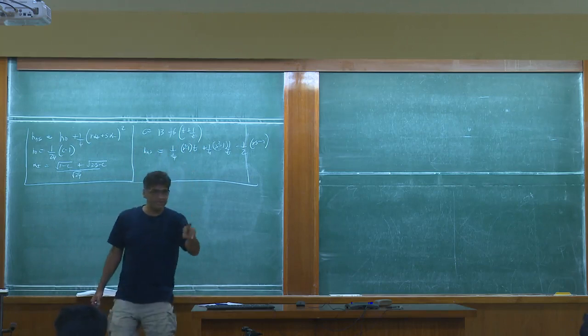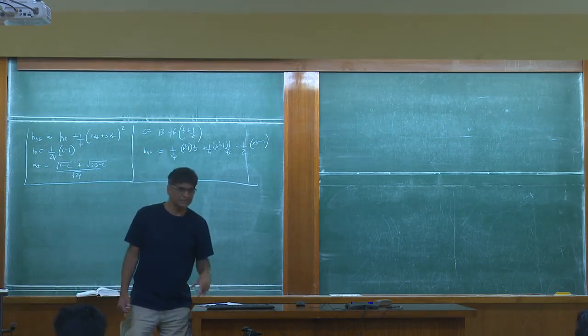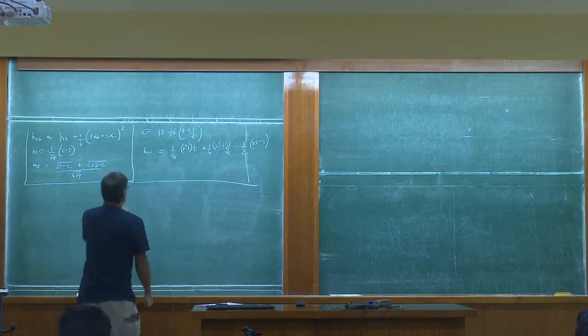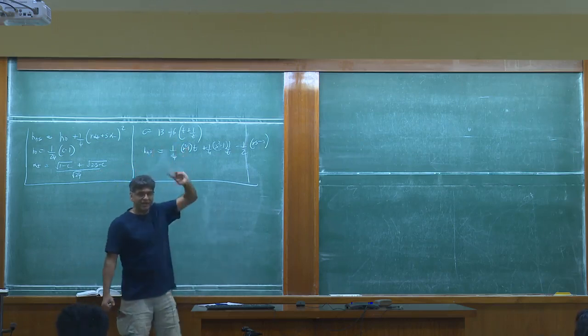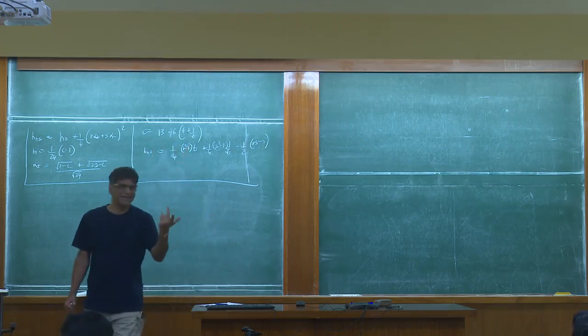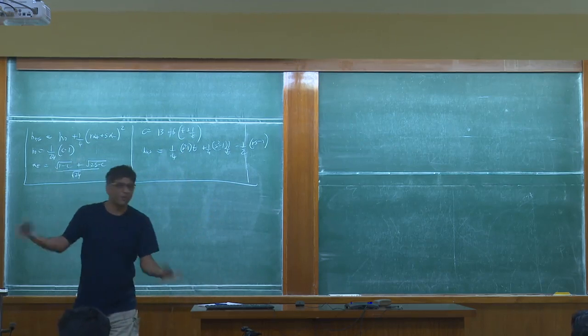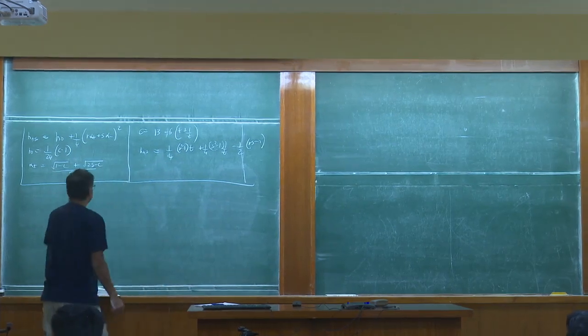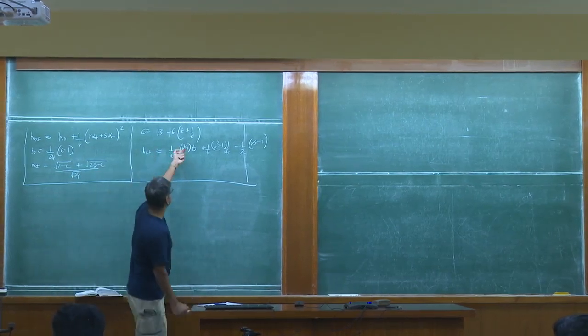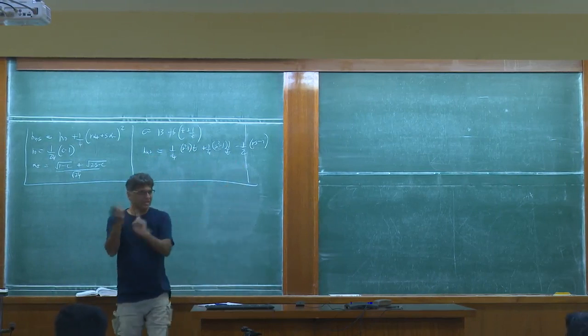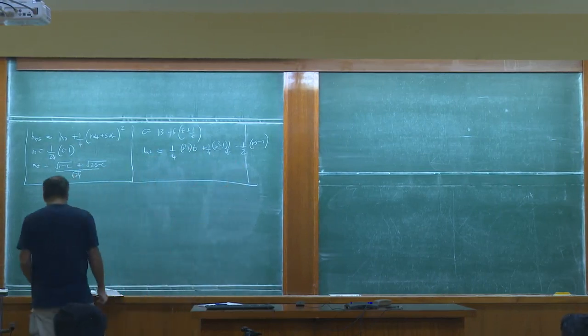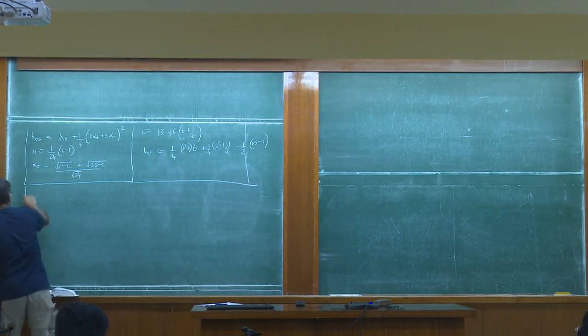There was a quadratic equation determining T in terms of C. Clearly, the two roots of the quadratic equation were basically interchanged: whatever you got for T was whatever you got for 1 by T. And you can see that this expression is invariant under T goes to 1 by T if you also interchange R and S. And there was the third expression, which will be the most useful for today's discussion,